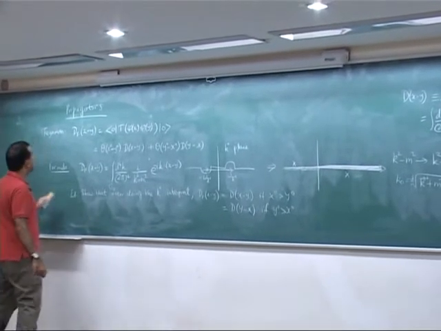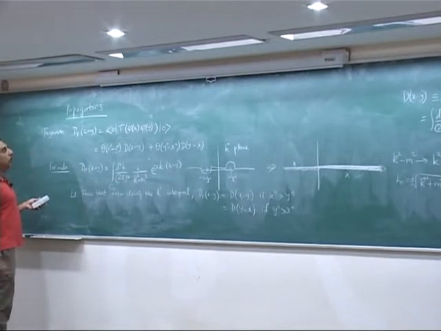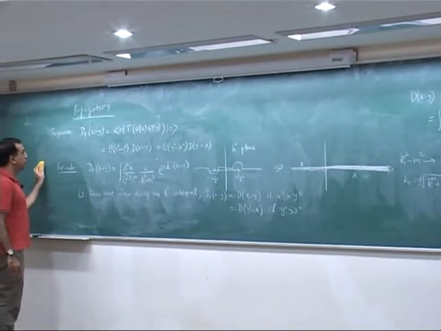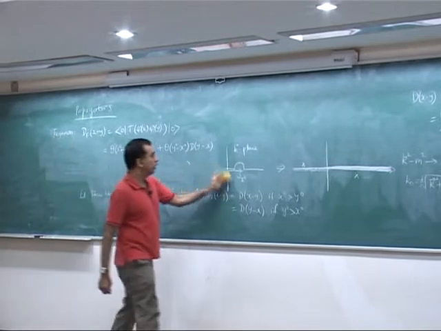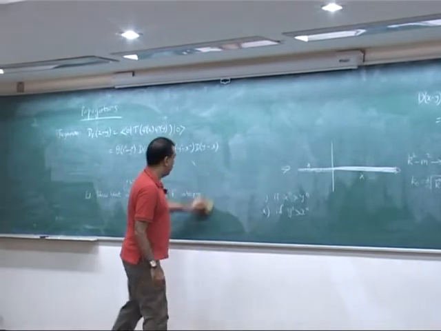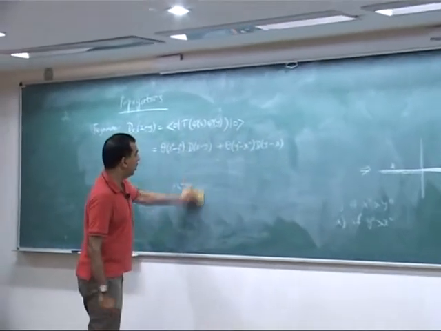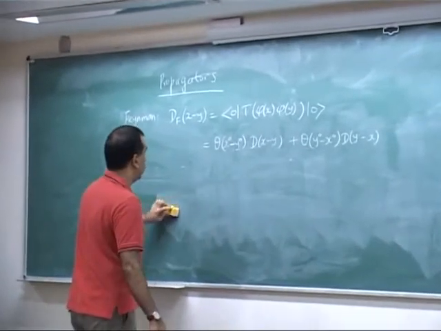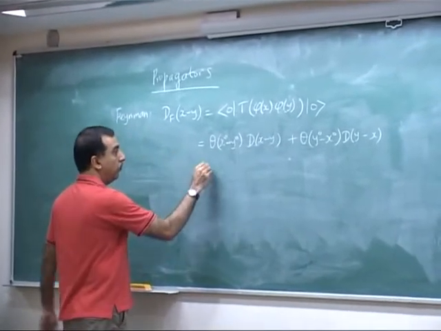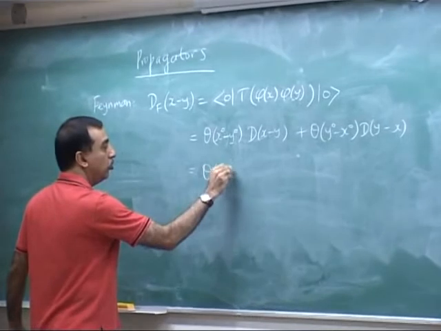Now let me close this part of the discussion by writing a nice representation for the Feynman propagator, which will be useful in the next lecture. So I am going to derive for you that this is also equal to